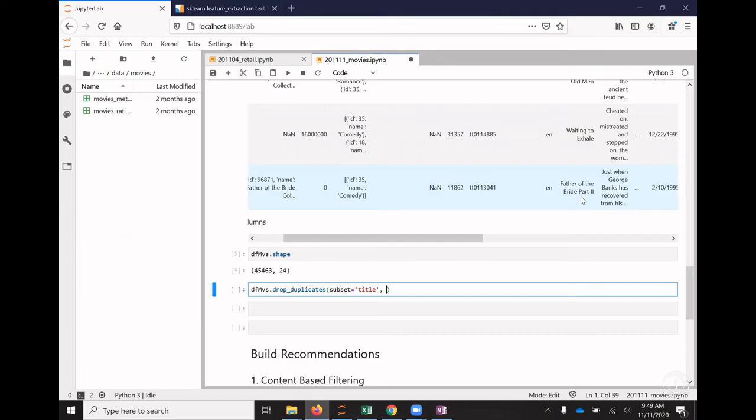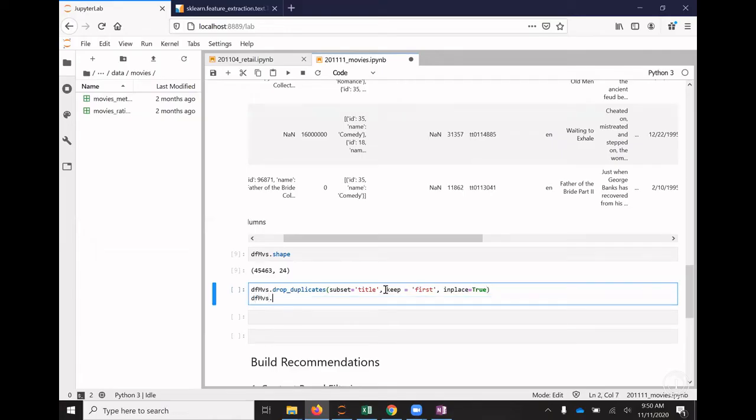And whenever you have duplicates, you get to choose which one. Again, we could have gone and searched for all of this, but I'm not doing that here. You get to decide which one you want to keep, the first one, the last one, or something. So let's just keep the first one. So if you have two movies with this exact same name, we're just going to keep the first one. And in place, okay, so if we did this and then we say,